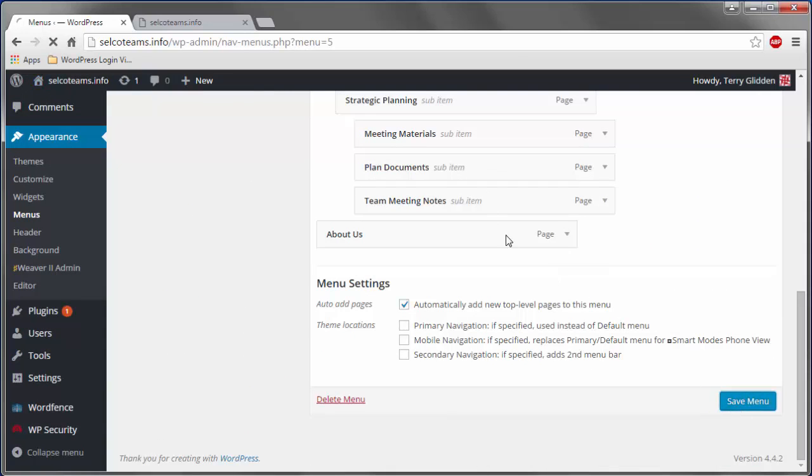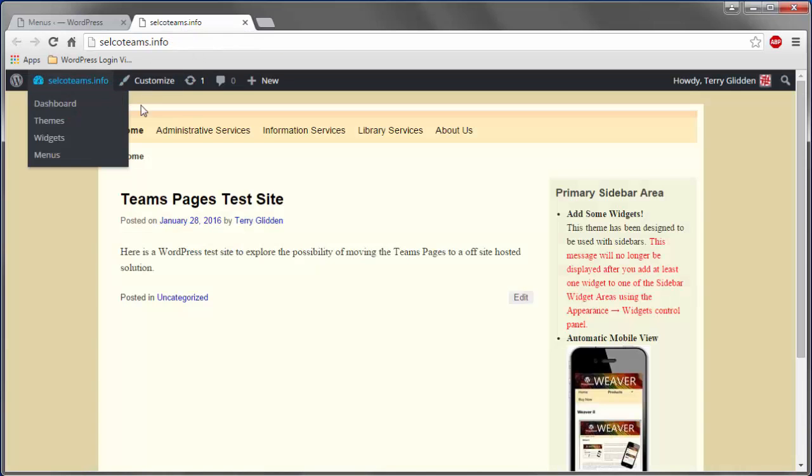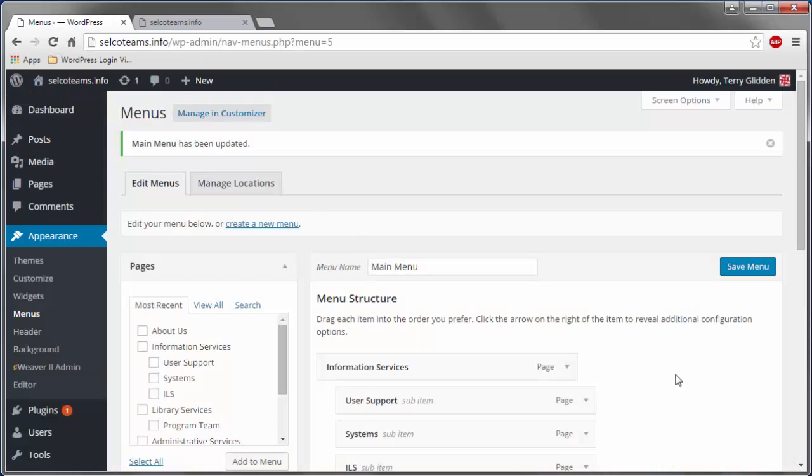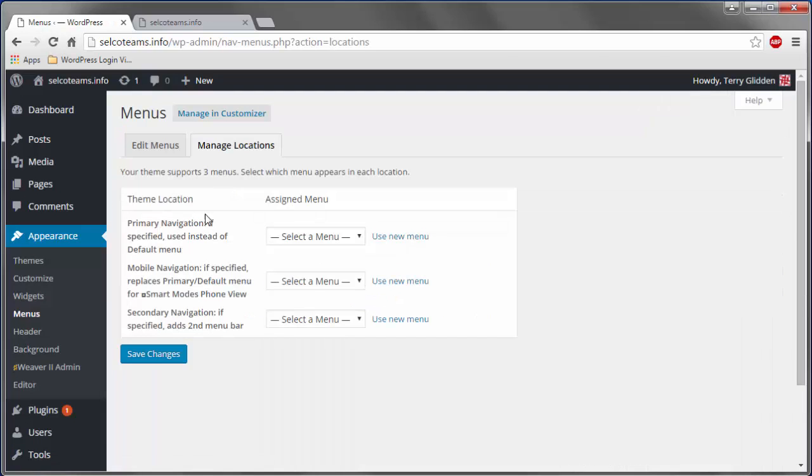Save our menu, change, and notice we'll hit refresh here. Notice that that still hasn't changed. That's because we did not activate this menu. So we can do that one of two ways. We can use the manage location and use a primary navigation if specified instead of the default menu. So if we had multiple menus, they would show in that drop down. So we'll select the main menu,